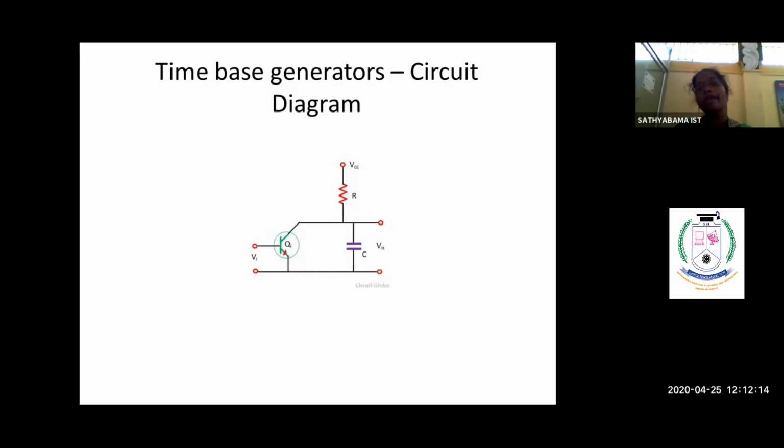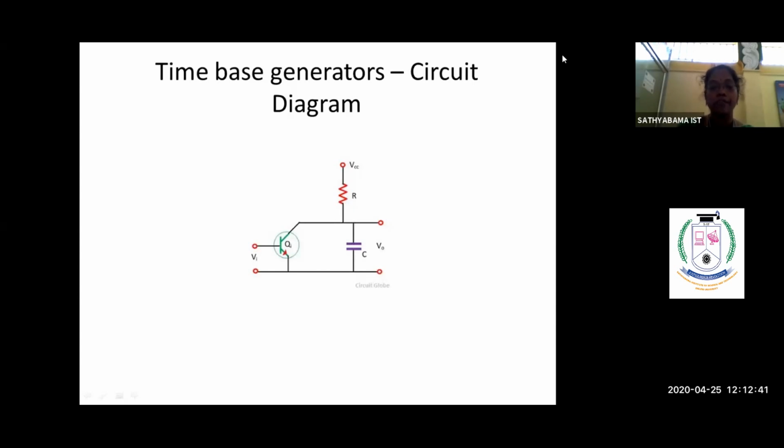In a normal amplifier circuit, what do we have? We have a current limiting resistor, then the voltage source. After that, we have an input side capacitor, then the potential divider. After that, on the output side, we have a collector resistor, then the output side capacitor. Apart from that, we have a bypass network. What is a bypass network? The parallel combination of a resistor and capacitor, which is placed at the common terminal of the transistor, is called a bypass network.